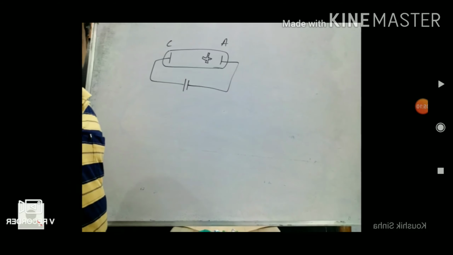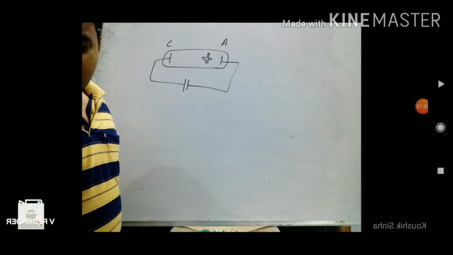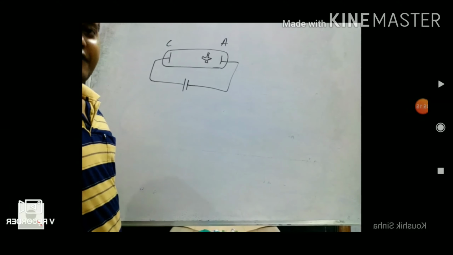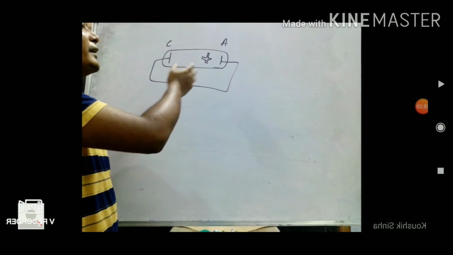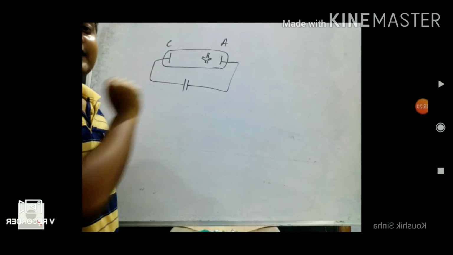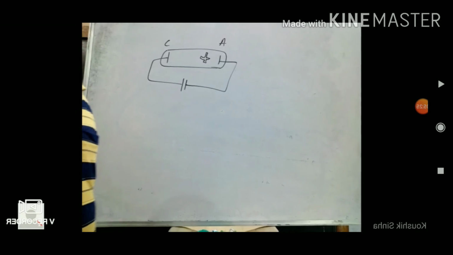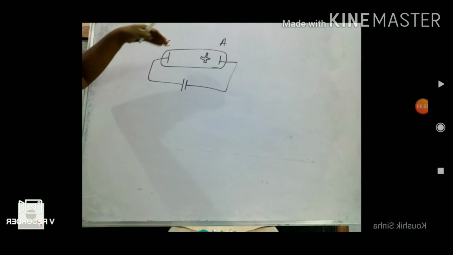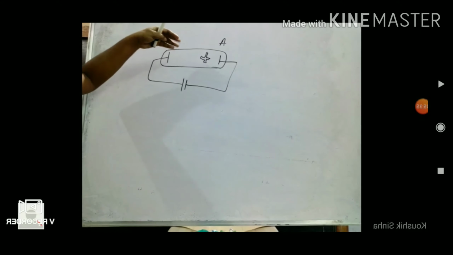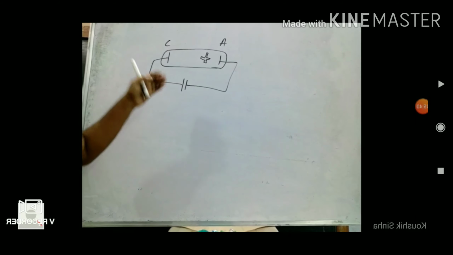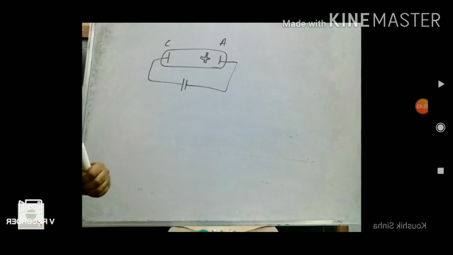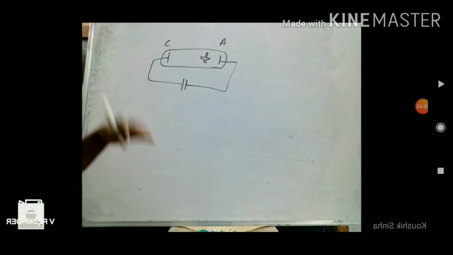Next characteristic, they produce a heating effect. That means a substance gets heated when bombarded by cathode rays. They ionize the gas through which they pass. That means in the discharge tube, you cannot generate a perfect vacuum. A very small amount of gas should be inside the tube, so that gas is ionized by the cathode rays.